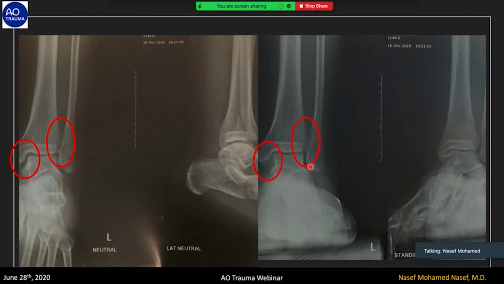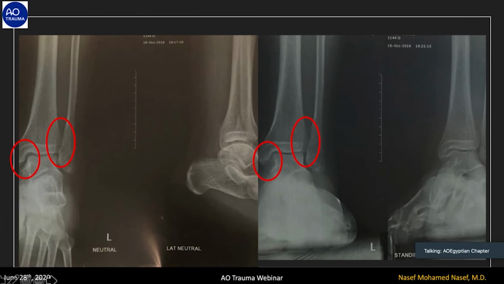So now I know that I have an unstable fracture. I still don't know what is exactly unstable. Is it the syndesmosis? Is it the deltoid? Is it a combination of both? So as Dr. Naaser, yes,